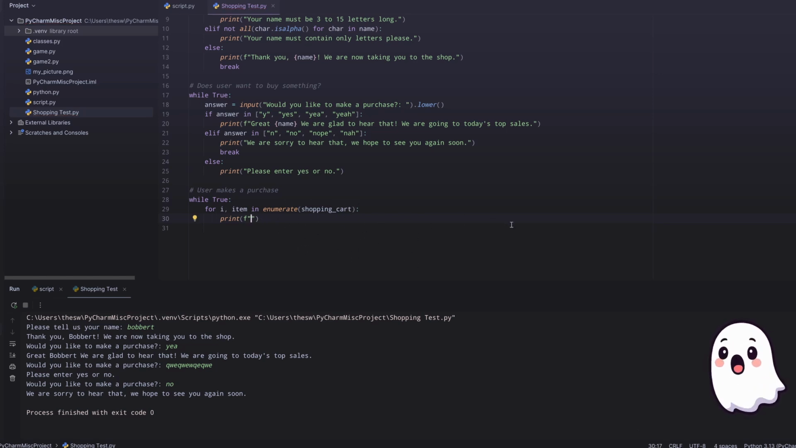Let's do print. Well, let's just do print store. And I've kind of messed that up too. Let's do store. Wait, we've got to do this part. Yeah, messing it all up right now. Let's do print f